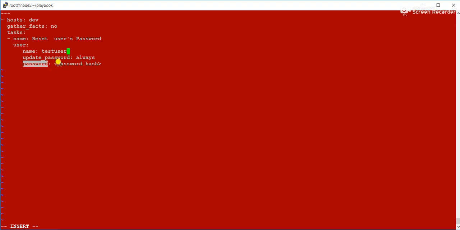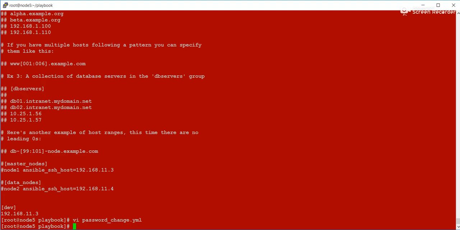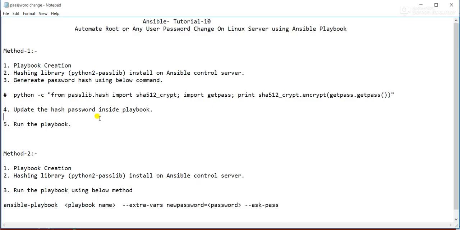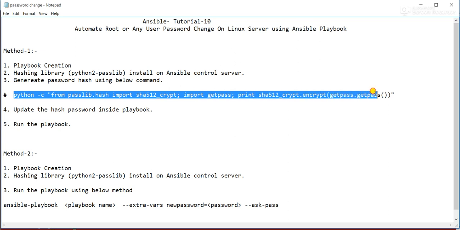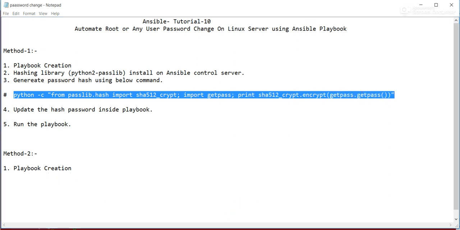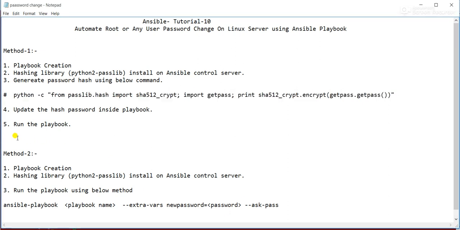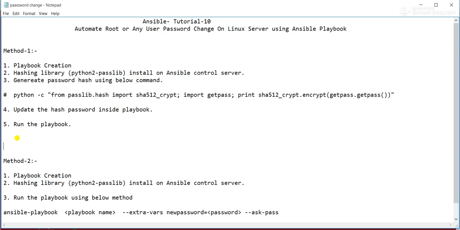Here we need to provide the encrypted password. So in this case, we need to create an encrypted password. Suppose our password will be admin123.